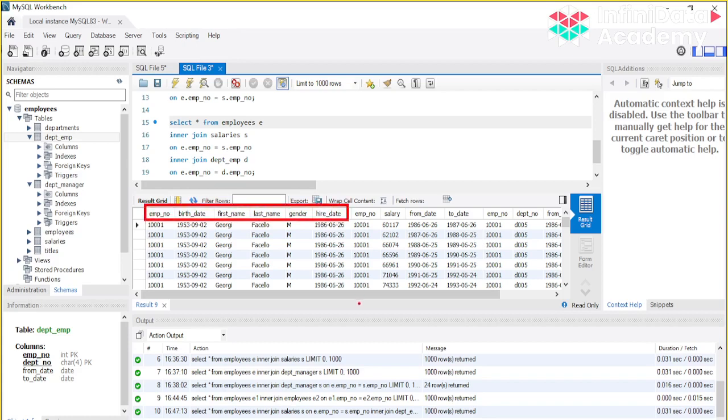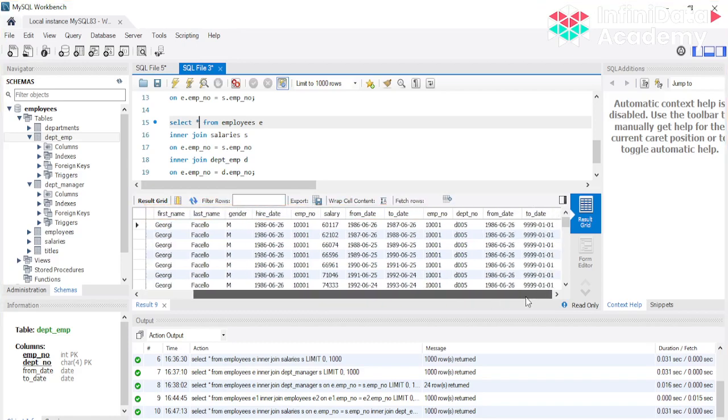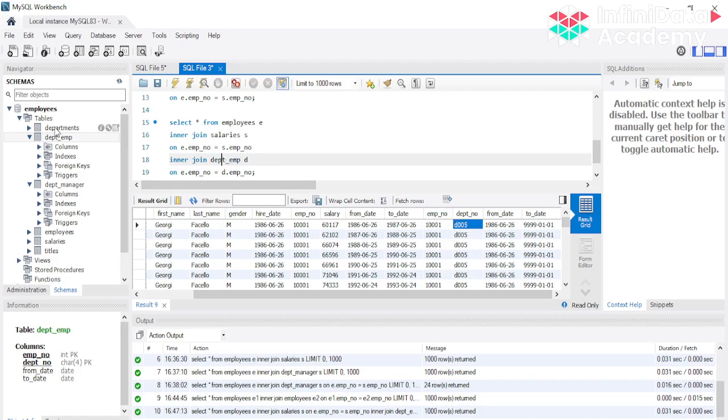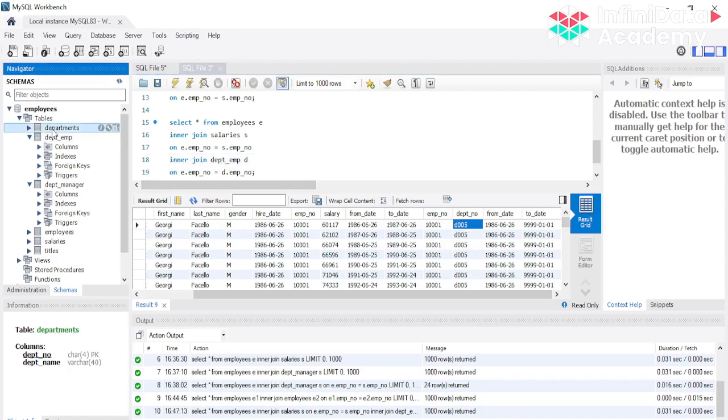This is coming from table 1, and then these four are coming from your table 2, and then the next values, that is the last four, it is coming from your department table. That is the department. So you know the department. In case you want to see the department name as well, in that case you can do another join with the department table, and in this case the only difference will be, instead of your employee number, this is going to take your key as your department number.